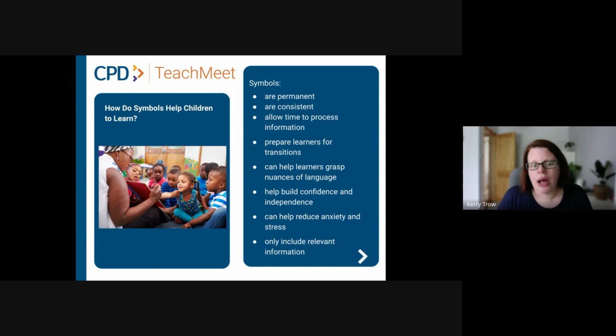The next one is about symbols being consistent. This is really, really critical. We could use visual supports to support EAL learners. So we could use photographs, we could use drawings, we could use illustrations. However, if you've got two different settings, perhaps a home and a classroom setting, or even across different parts of the school,